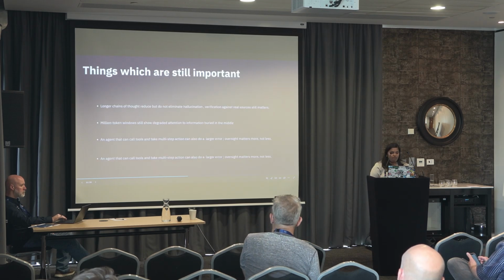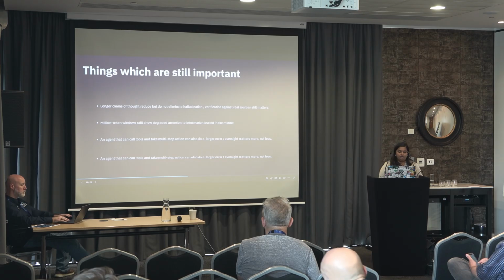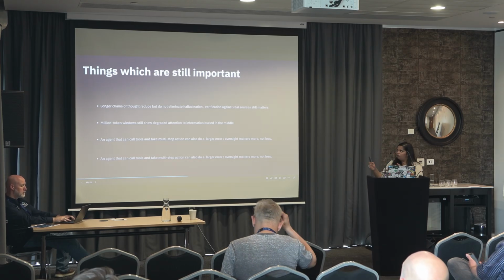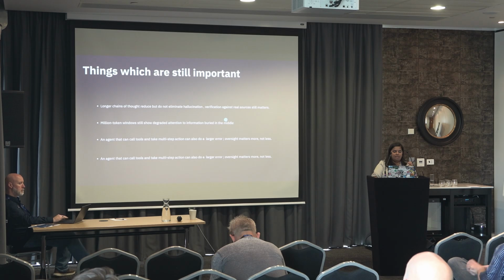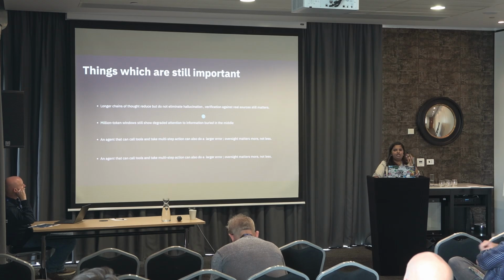Now from here, let's talk about things which are still important. I know a lot of things I've covered so far are mostly around things which are already ongoing. Firstly, I want to really emphasize that verification against real sources is still important. Because a lot of times, when you use chain of thought prompting, it reduces that pressure, like you don't need it. But verification at every step when it generates an outcome is still important to ensure that the real sources you are taking in your data are right.